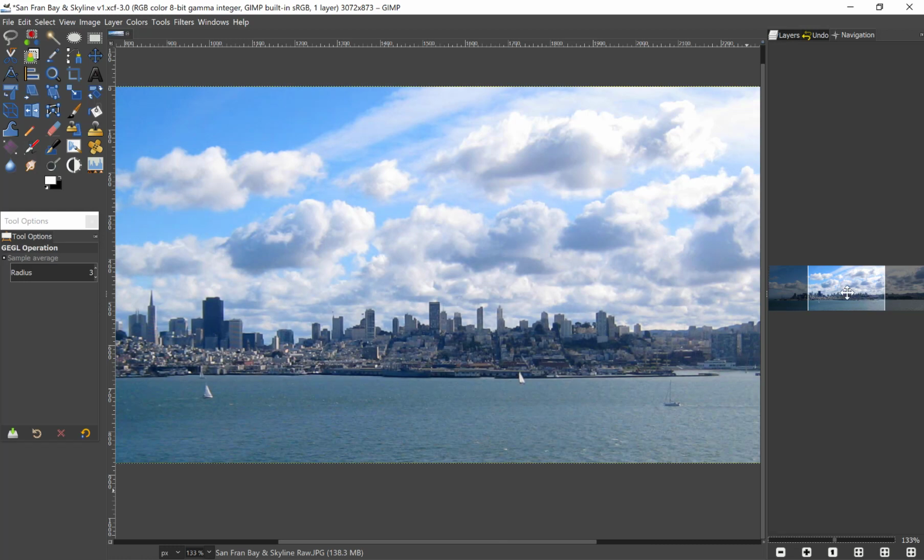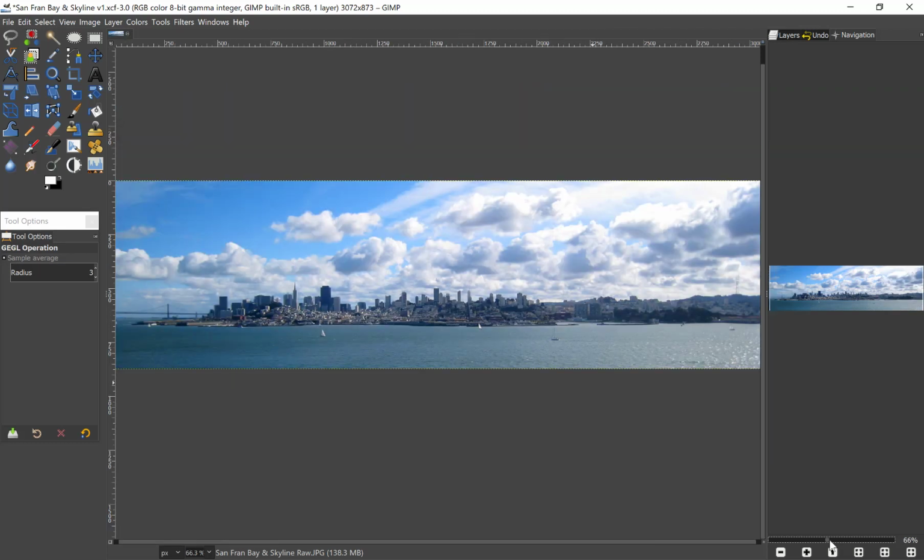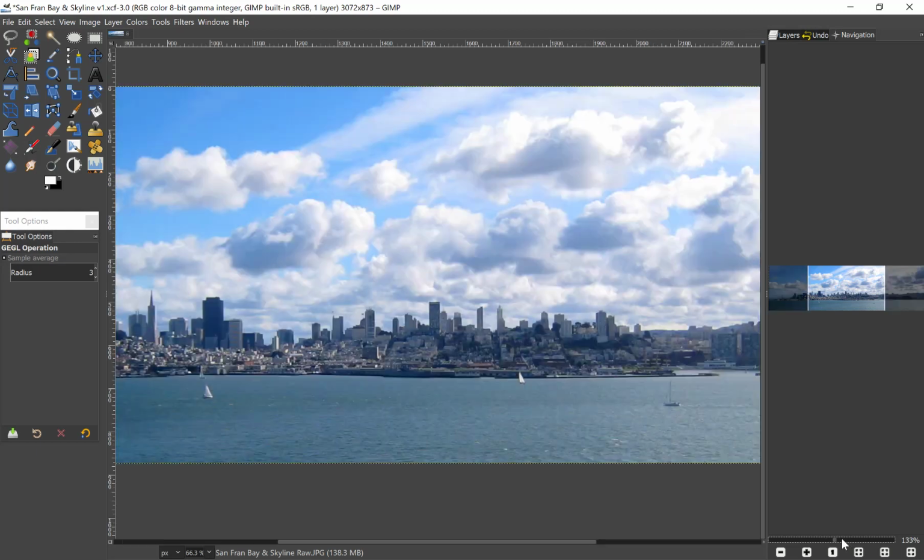I'm going to go back to the navigator here, and I'm going to go back down just a little bit so we can see most of it. And I think we got a pretty good thing going there now. Really nice blue sky. The water's a little bluer. One last thing that I'm going to do, I'm going to bump it up in size again a little bit,